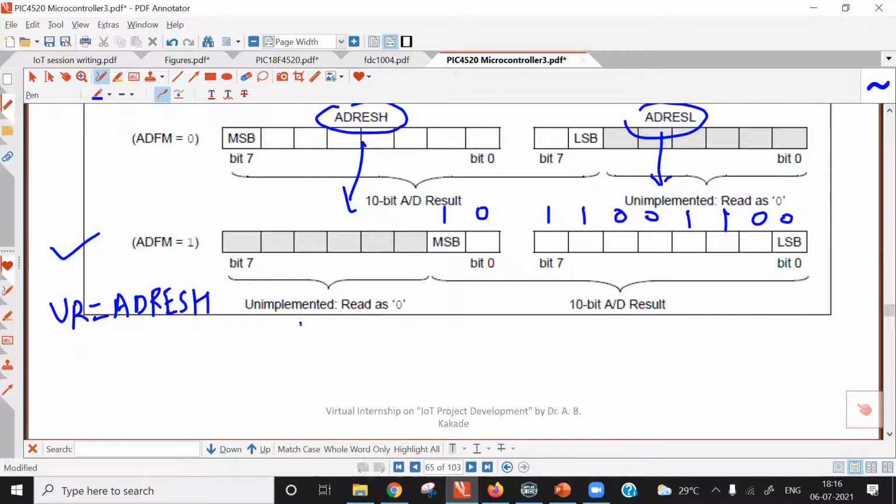So what is our actual content now? If these 2 bits in AD result high byte are 10, then VR will have 16 bits: 0000 0000, then again 0000 0010. So once we save the result of AD result high byte in variable VR, the content of VR will be this.